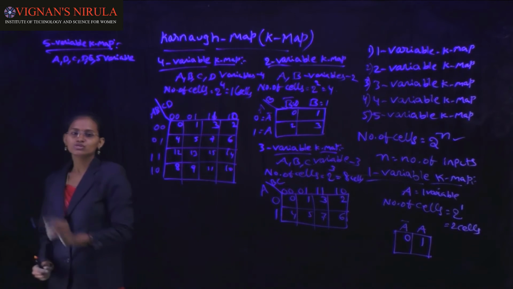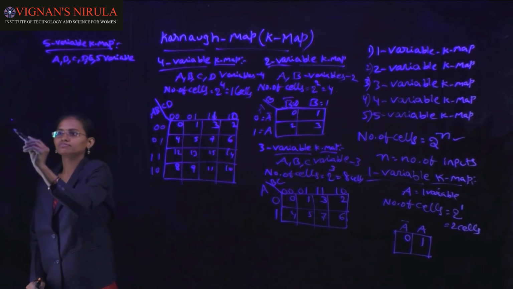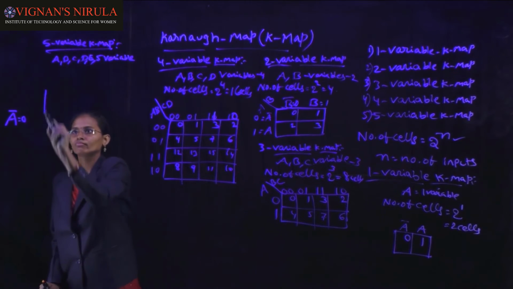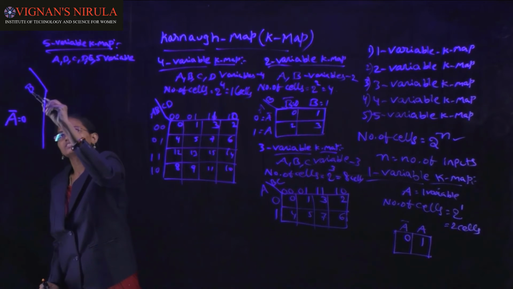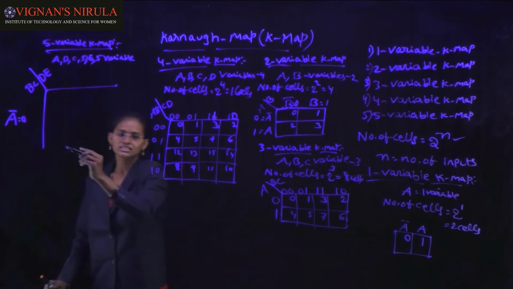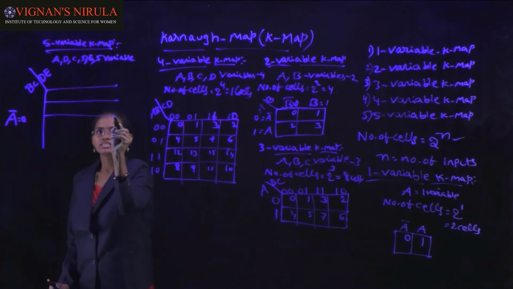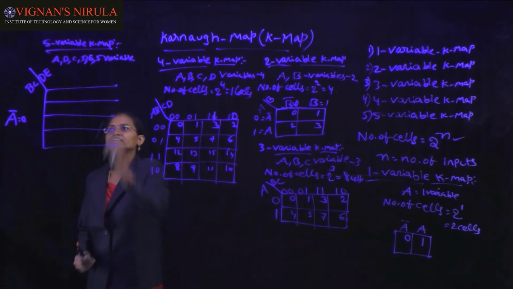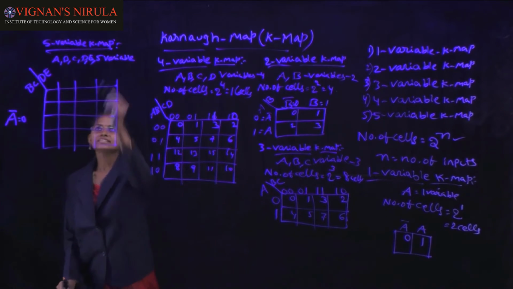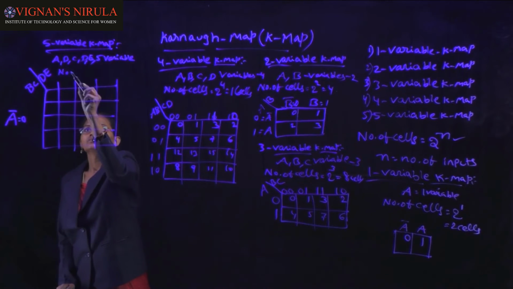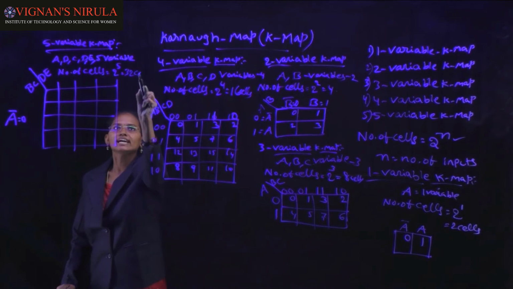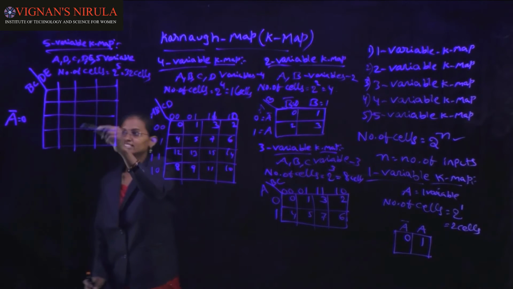Okay, and first we draw the A bar structure, and this is A bar. A bar is 0, and divide the portion. This is BC and this is DE. Okay, first this is the A bar structure. A bar. This is 4 cells, and here how many cells are there? So find out the number of cells equal to 2 power of 5, that is 32 cells. This is the A bar 16 cell structure.